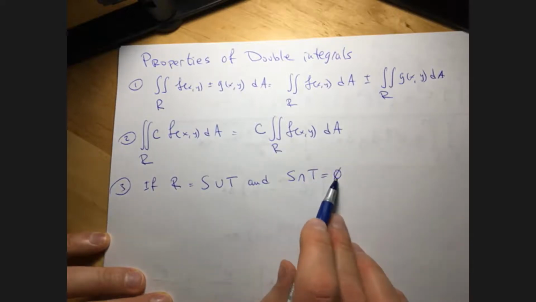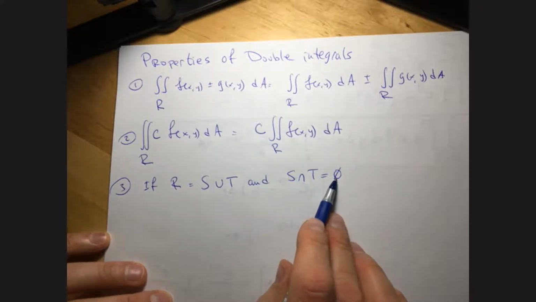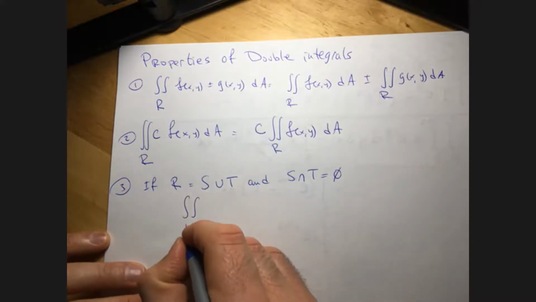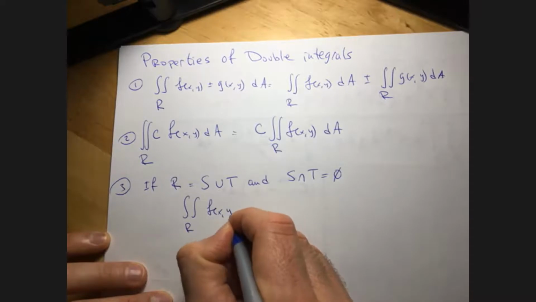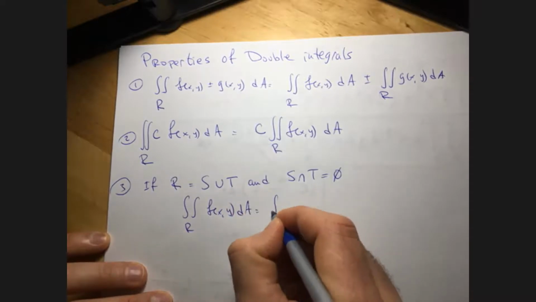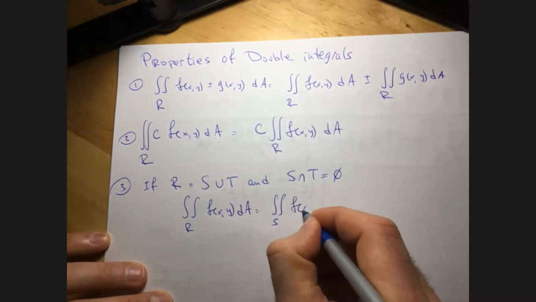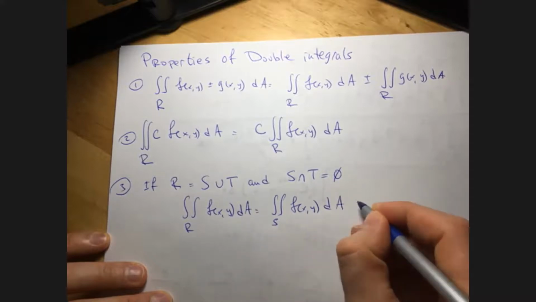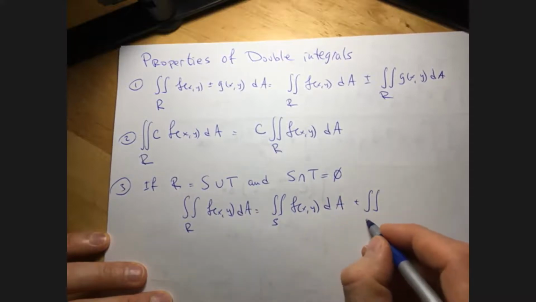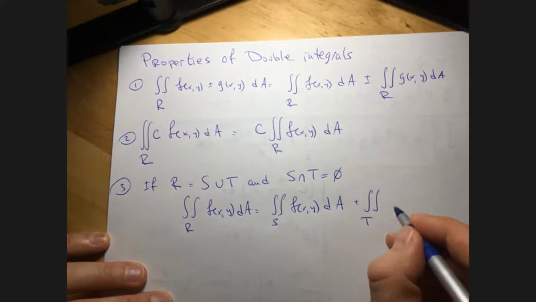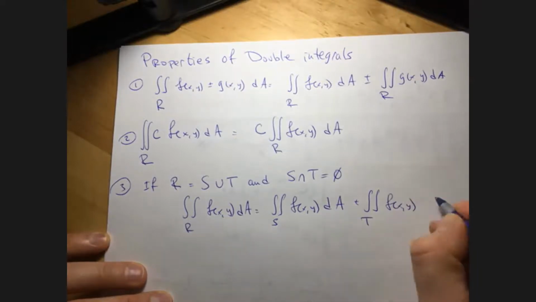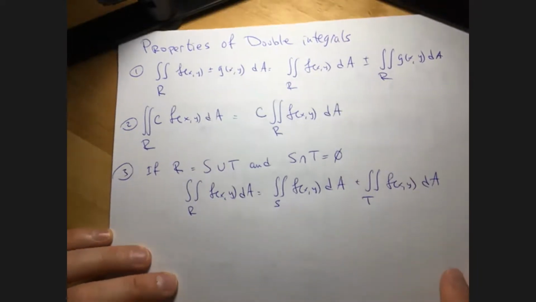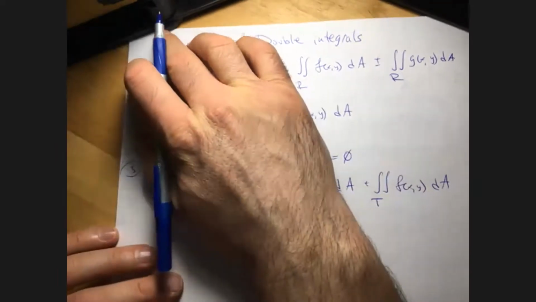S intersection T is an empty set, then you can write this as the sum of the integrals over S and T, okay,